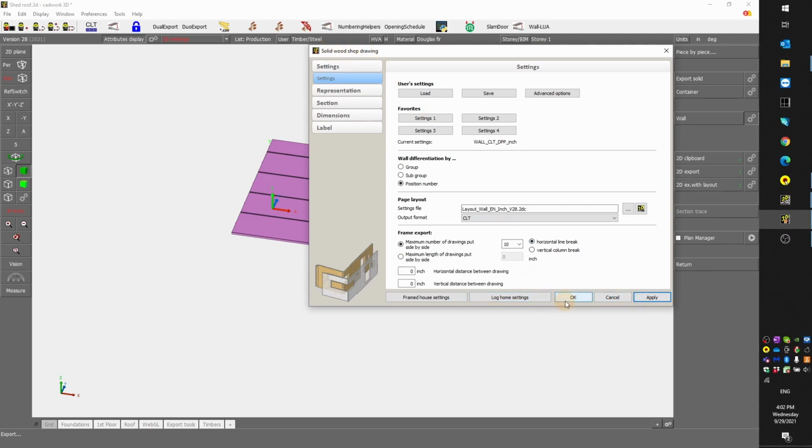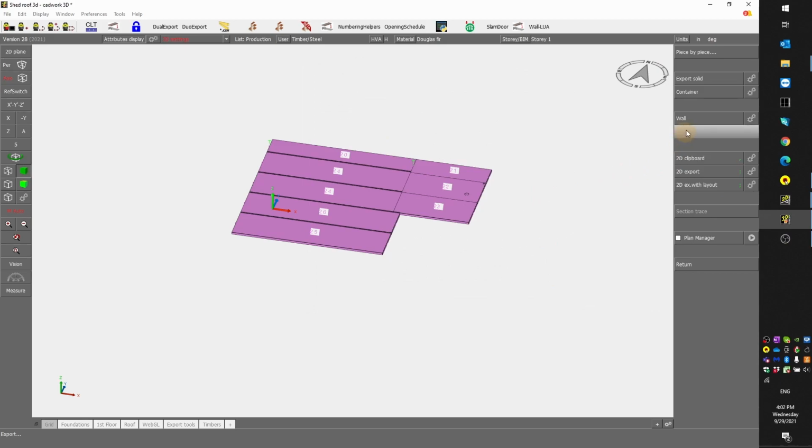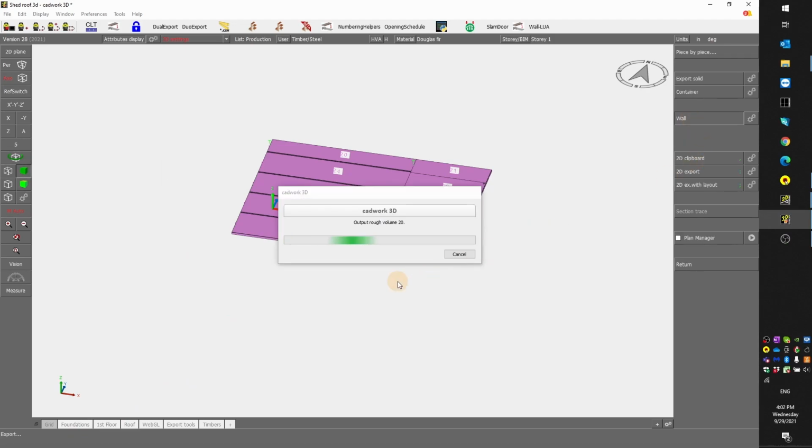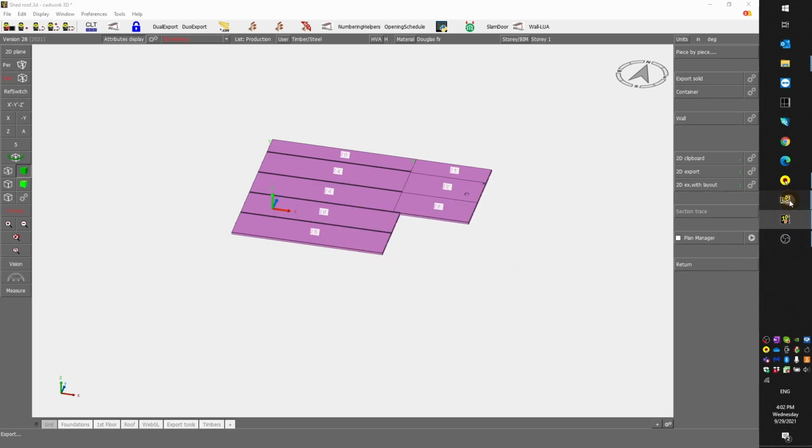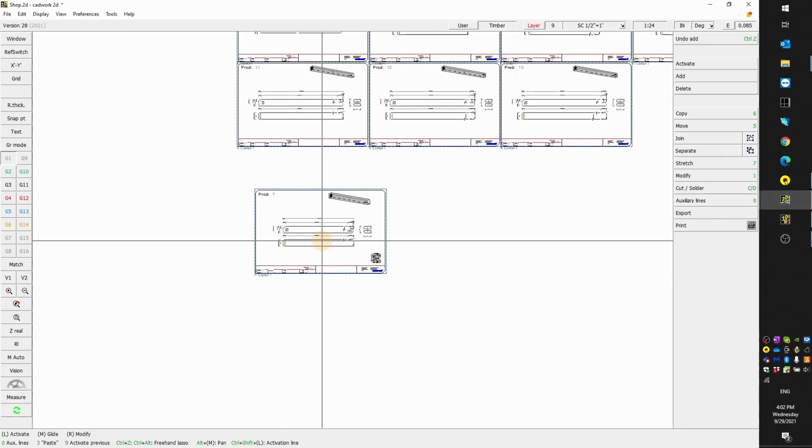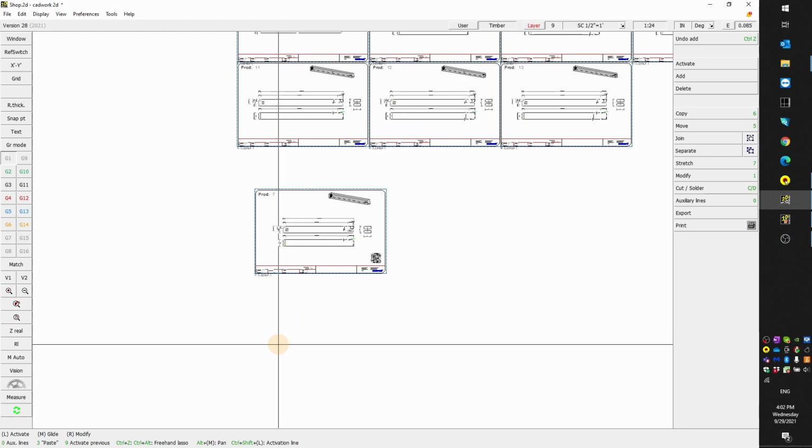So here that should work. I can go to wall. It's creating a clipboard, so right click. It's exporting to clipboard number 1 again. So it's taking a few seconds, and now I can go to my 2D and I can paste